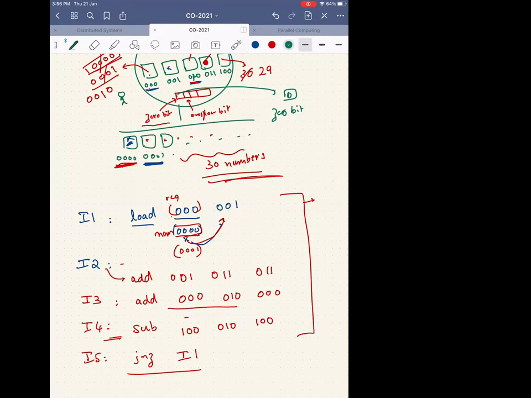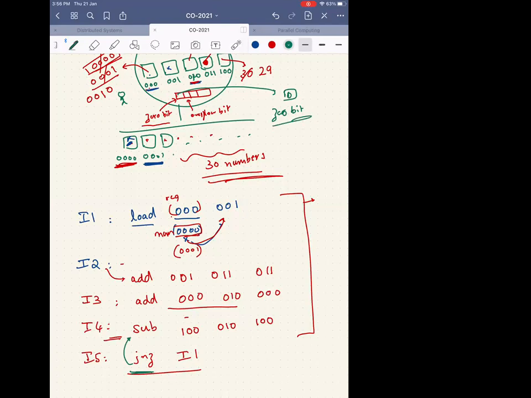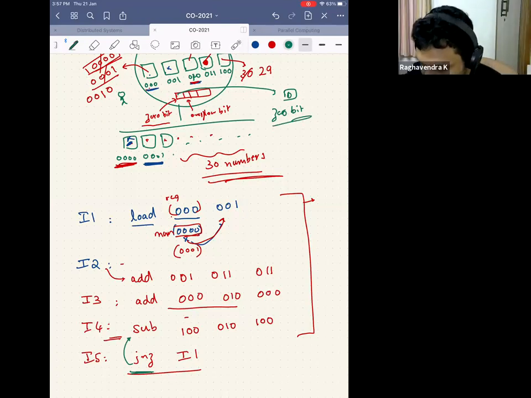But what is this jump not equal to 0 doing? It is not tied to the subtract instruction. What is it tied to? It is tied to the 0th bit. If the 0th bit is 1, then what does it infer? That the result is 0. So I cannot jump, because when can I jump? I can jump only if it is not 0. So this will not jump.